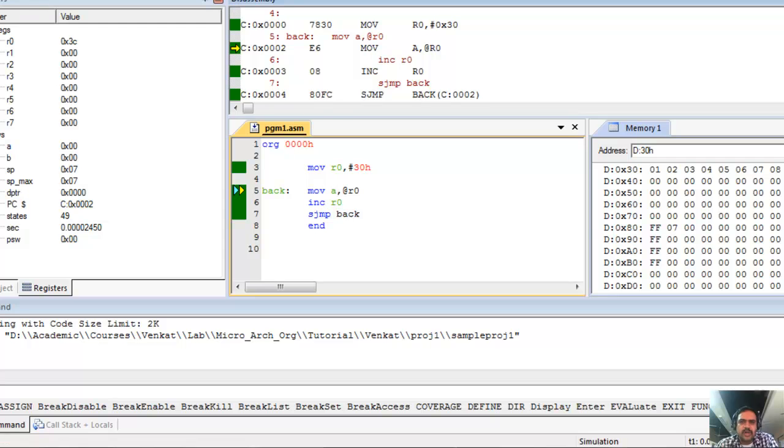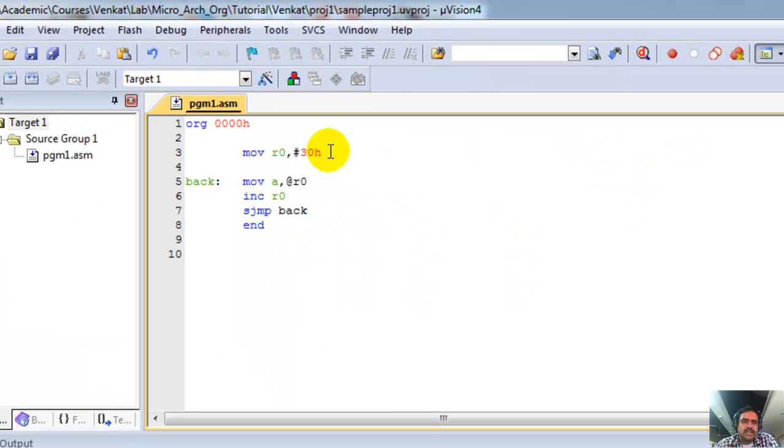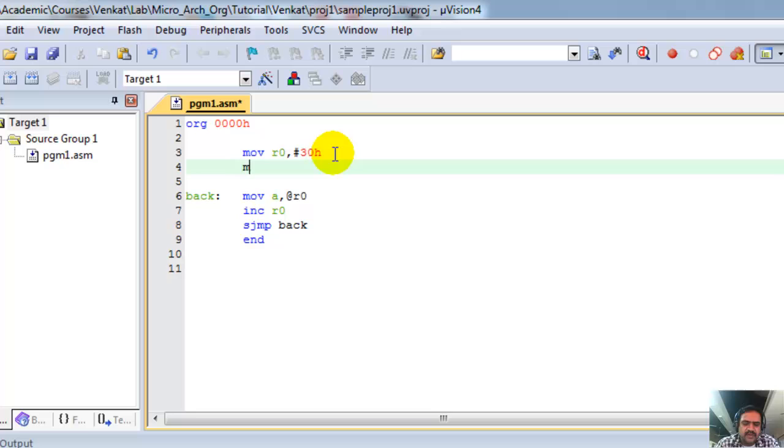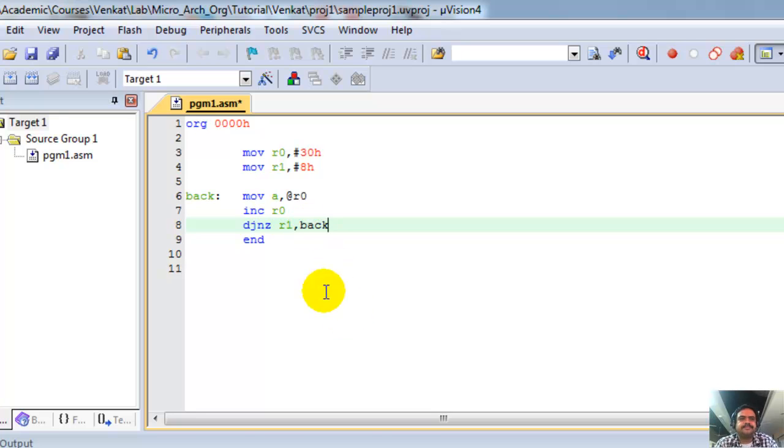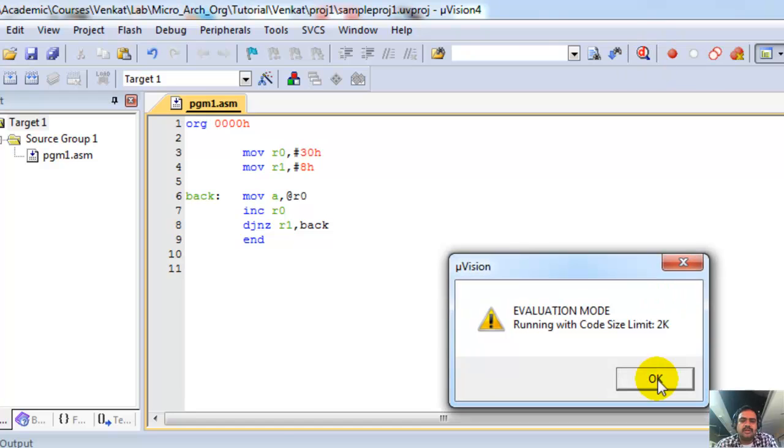There is a simple way to do it. Again, introduce a condition. How will you introduce a condition? Very simple. MOV R1, #8H. Just specify the number of locations you want to read from. Let me say 8H. So instead of simply giving SJMP back, you say DJNZ R1, back. So save, compile, go to the debug,